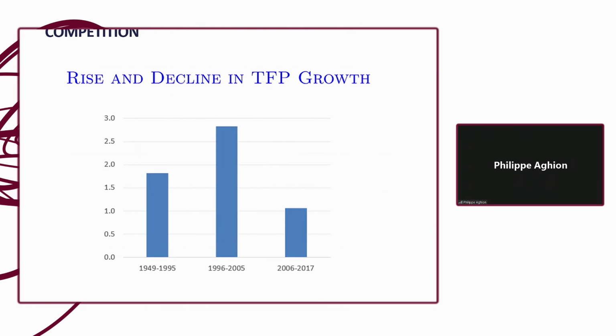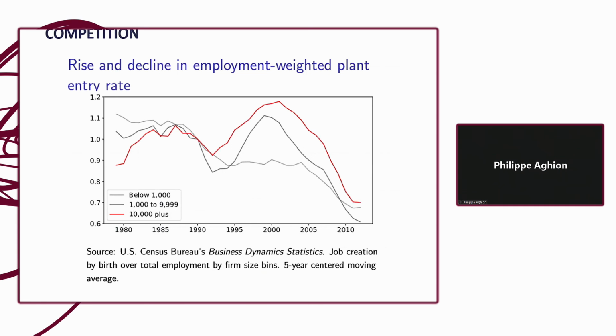competition. I told you before that the decline in TFP growth in the US had a lot to do with the competition policy, which was not adequate to the current times. If you now reform competition policy, like what the Biden administration tried to do last year, hopefully, we'll see if it has the effects we want, but if you manage to reform competition policy, it will spur entry. You see that the entry rate of new firms declined in the US. Hopefully, you could revert this curve. That means that you will have more entrant innovation. So that means you have a more innovative economy.